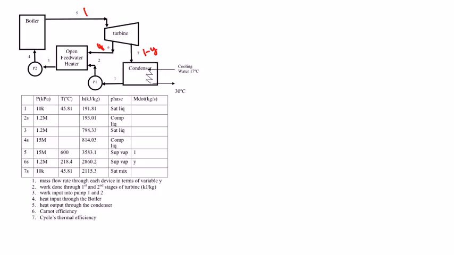The condenser has a single in, single out, 1 minus y. Same with the pump, 1 minus y. We hit the open feed water heater, which has 2 in and a single out. The 2 in mass flow rates at 2 and 6 must be added together. Therefore, for state 3, we have a mass flow rate of 1. Thus, single in, single out for pump 2, mass flow rate of 1. We then finish everything here.